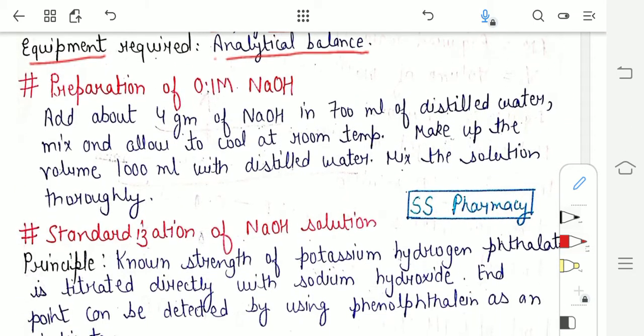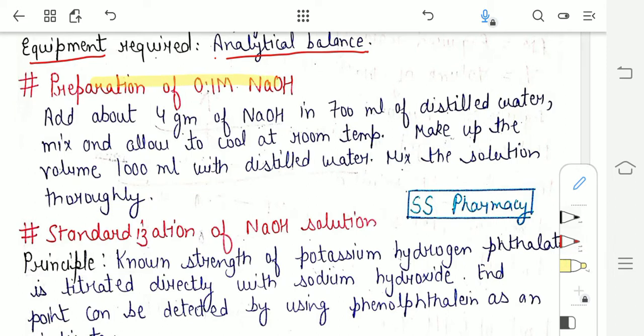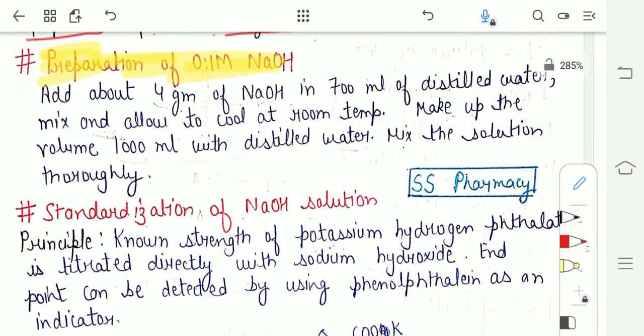Now let us move to the main part, which is the preparation of 0.1 molar NaOH. Okay, so firstly I will read out the theory part and then I will explain to you the calculations because those are very much important. So all of these preparations and standardizations, they are basically the same thing. The main thing which we must know is how we have to prepare the molar as well as the normal solutions, and the calculations for those are very much simple. We only need to understand the main concept.